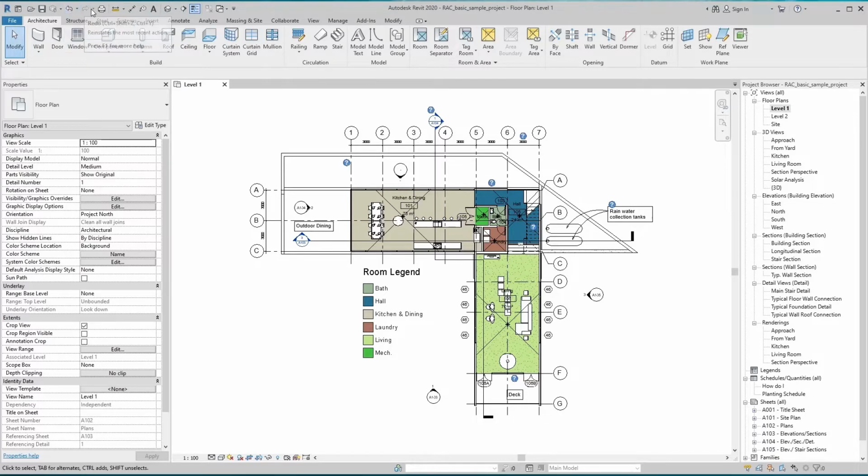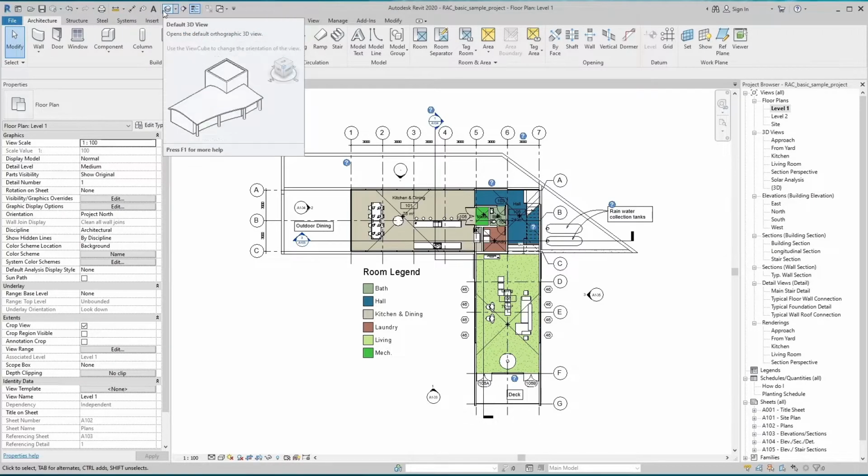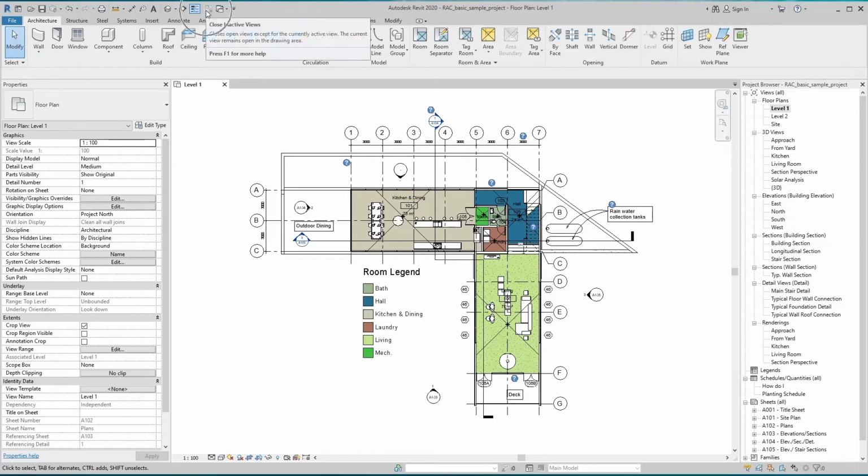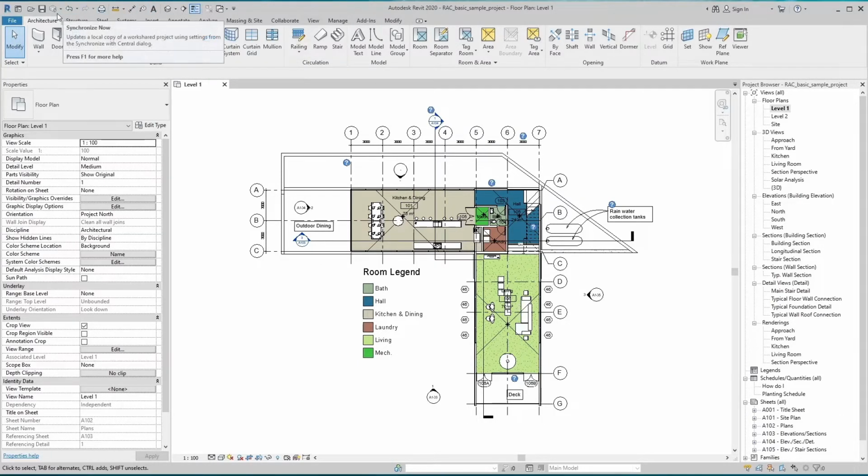The Quick Access Toolbar is a customizable toolbar that contains a commonly used set of commands that are independent of the tab on the ribbon that is currently displayed. The Quick Access Toolbar allows you to carry out your most common tasks quickly and easily.